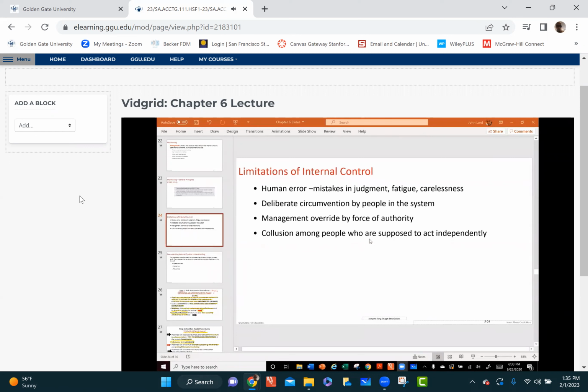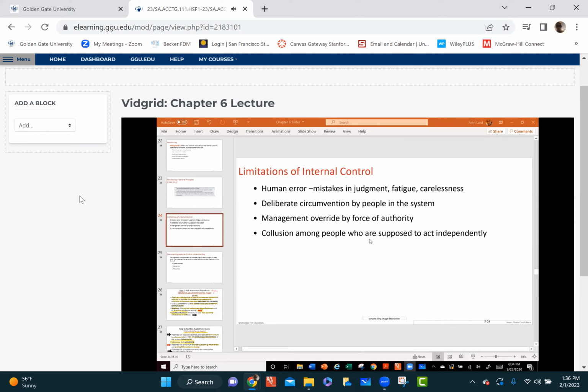So, limitations of internal control. You can never design a perfect internal control system. That's why control risk can never be zero, because there's always some potential. None of the elements of the audit risk formula can be zero, because that would mean our audit risk is zero, and we'd be able to provide absolute assurance. And remember, we're providing what? Reasonable assurance, because you can never design the perfect audit procedure. So your detection risk could never be zero, because